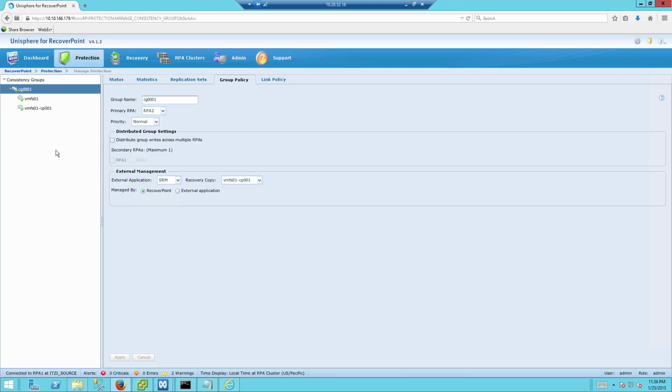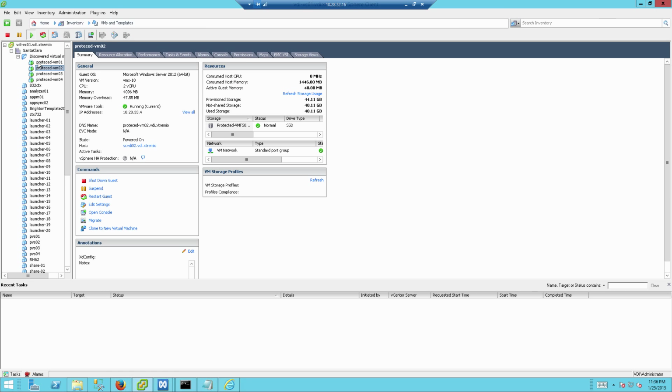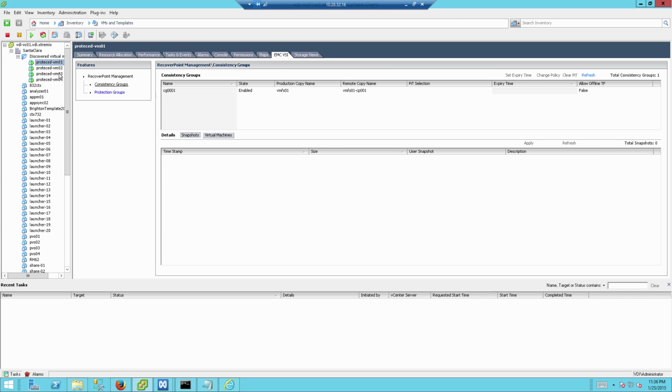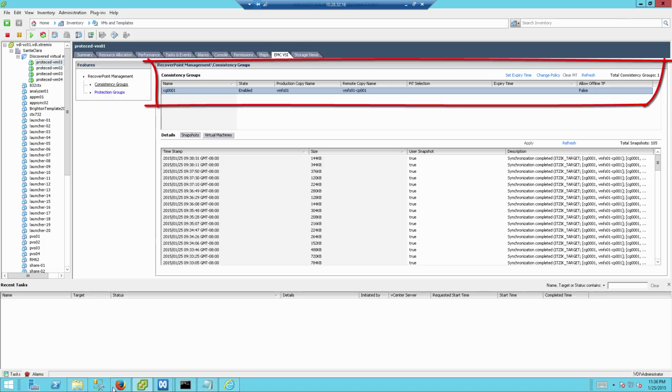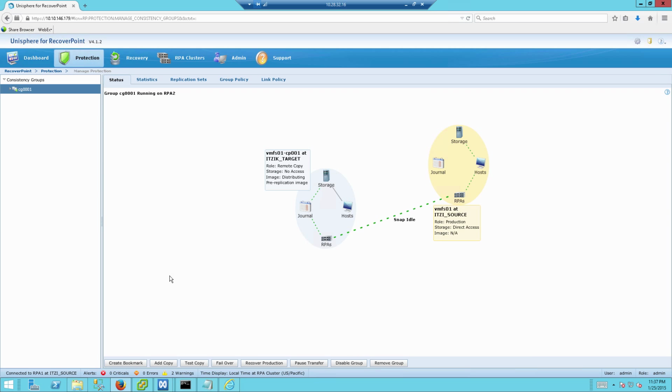Well, luckily, we also have integration with the VSI plugin, and in order to go to the VSI plugin for this specific use case, you go to the classic vCenter interface. You go to the VM or to the VMs that you want to fail over. So in this case, I've got my 4 VMs over here, which are part of this consistency group here, which is the same consistency group that you see right now. And what I can do now is go back to the VSI plugin,